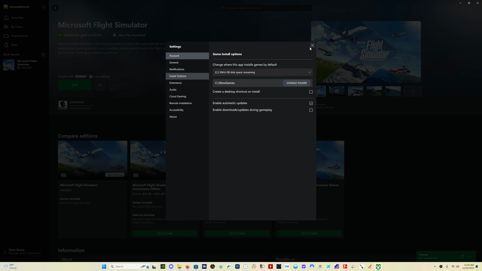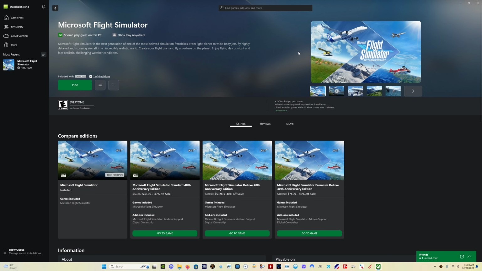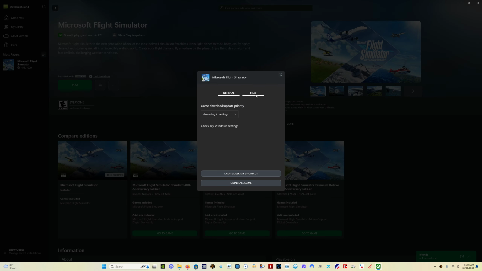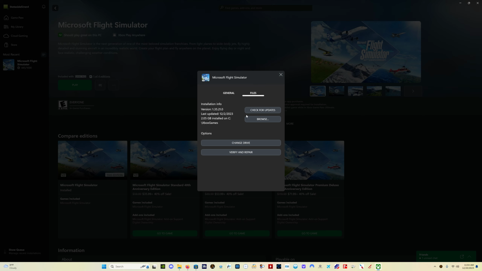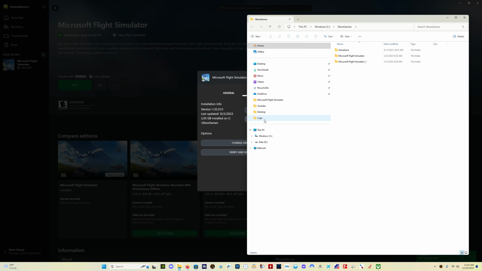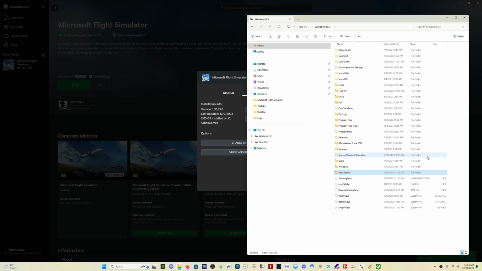Okay? Now close that, come back over here, click those three dots, come down to manage, come over here to files, and then this, if you've got the old setup, will say 2.05 gigabytes or whatever many gigabytes installed on C program files, Windows apps. And you're going to want to click this browse button, and then you're going to want to click C Windows